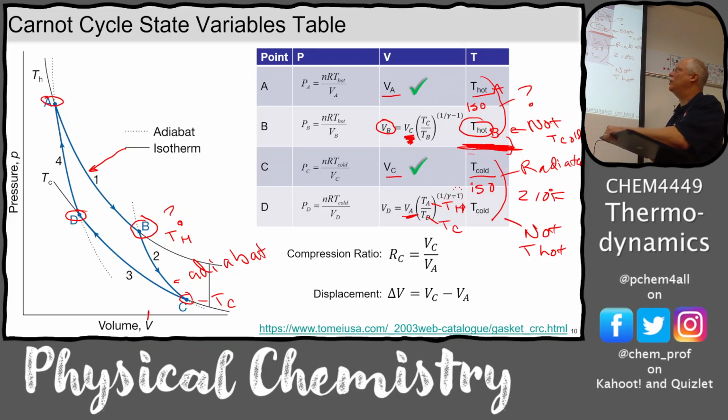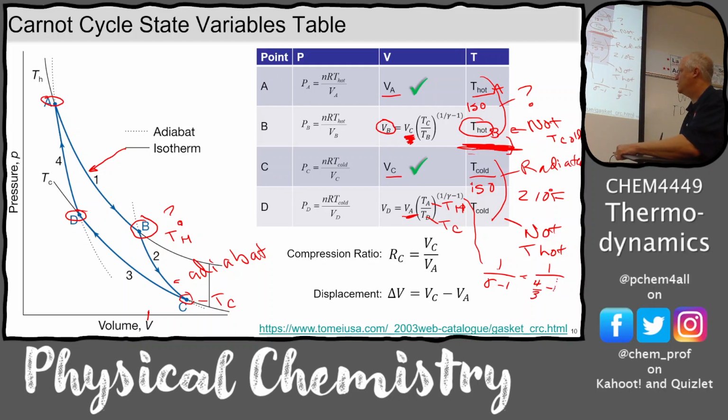1 over gamma minus 1, etc. And for 1 over gamma minus 1, let's say, what was water's gamma? Just look that up. It was weird, but do the fractions. What was it? 4/3. Okay, so 1 over gamma minus 1 is equal to 1 over